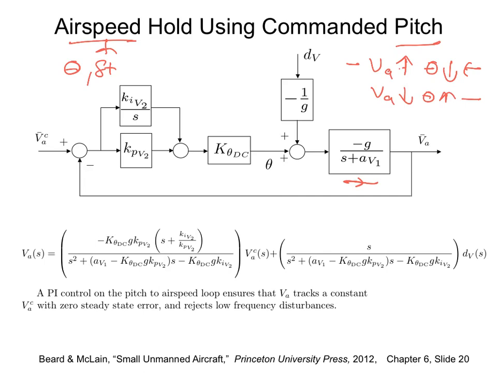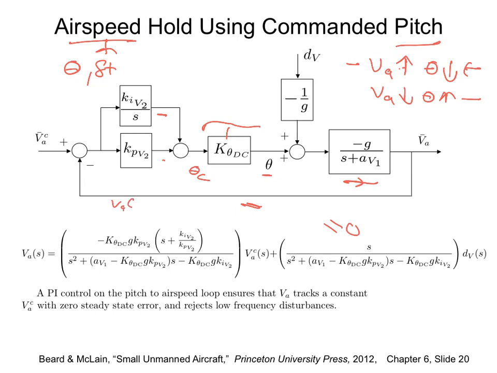And so the idea is to compute theta. If you remember, because this is the outer loop, it is slower, so the inner loop can be assumed at this speed. Theta commanded to theta, assume that whole loop can be replaced by this DC gain, and we are again using a PI, because the outer loops are always a PI. The standard approach is to use a PI controller instead of a PD, because when we use a PI controller, we make the disturbance go to 0, and